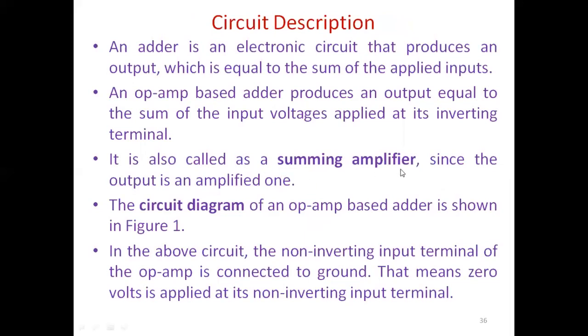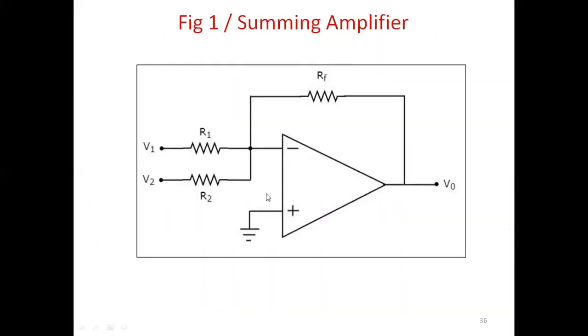It is called a summing amplifier and the output is amplified by 1. And moreover, look at this diagram. The positive terminal is grounded, 0 voltage is applied here. At this junction also 0 voltage will be applied. We are going to apply Kirchhoff's current law at this nodal equation. Find out the current passing through one branch, the current passing through another branch, and the current passing through the third branch, and finally we are going to equate them.